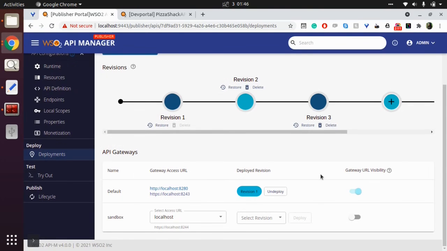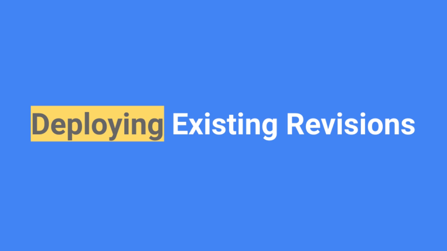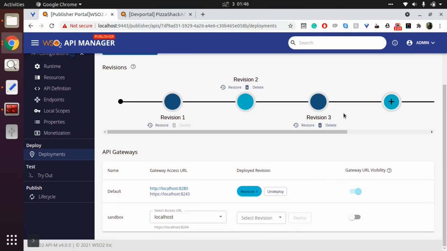Now let's see how we can deploy a revision to a gateway. First, let's see how we can deploy an existing revision. Here I'm using the previously created revision 3. Select the required gateway under API Gateways. Here I am using my sandbox gateway because I want to test my API with new changes before making it available to my API consumers.